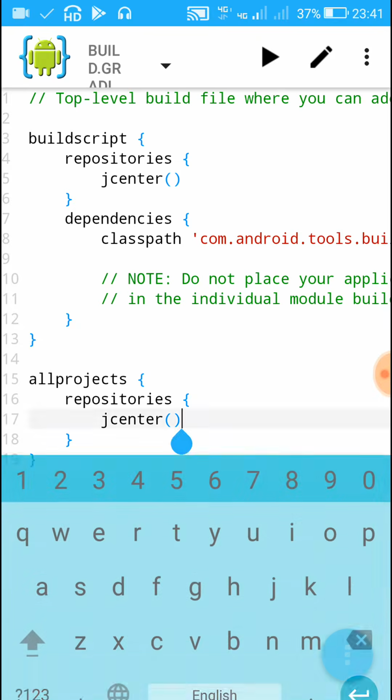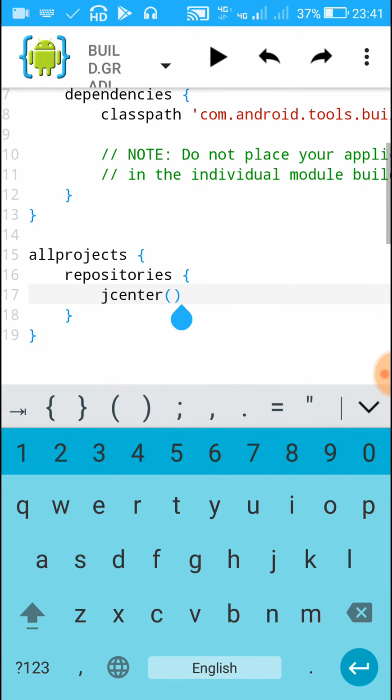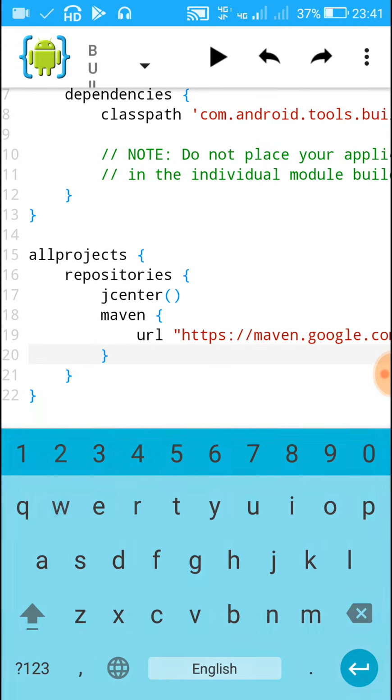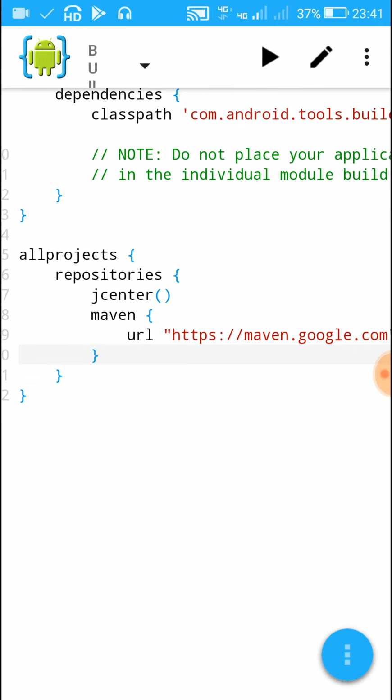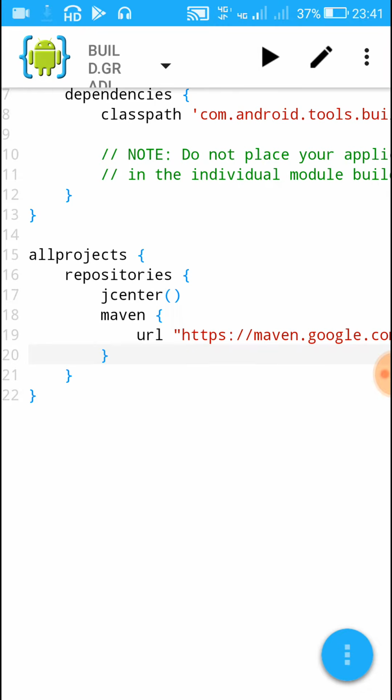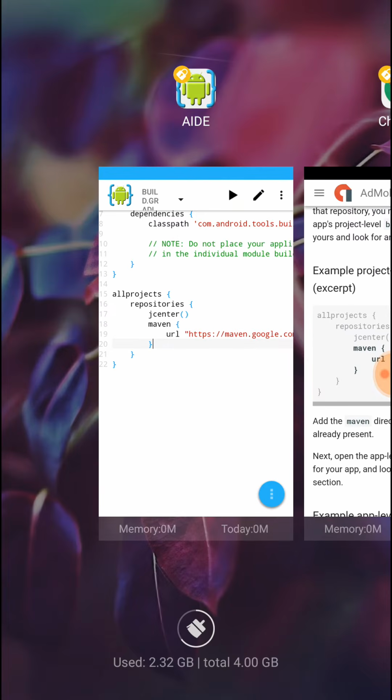In this, just after the jcenter, paste the library. Now after pasting this Maven library, save the project and it will get added to the project. Now next is